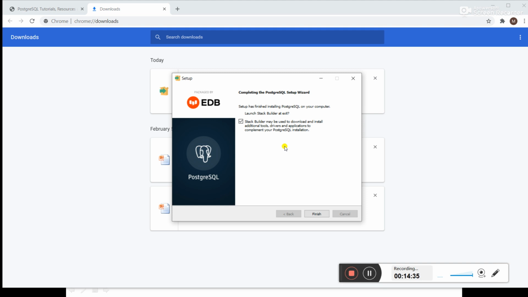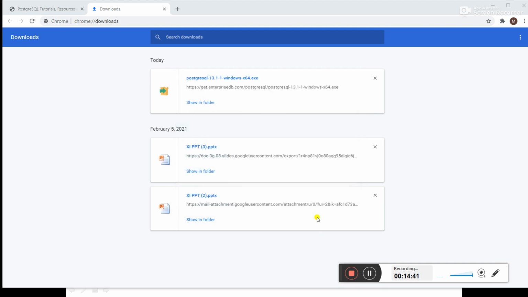So you don't need to do anything with this. You just need to uncheck it and click on the finish button. Okay, when you click on the finish button, your installation process is completed.